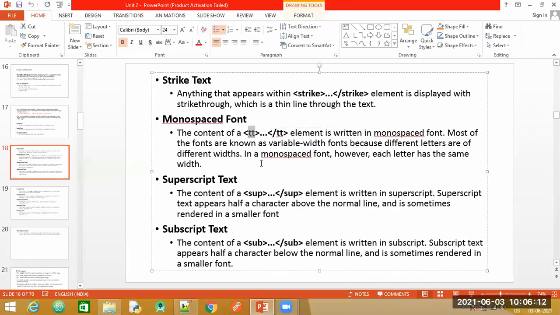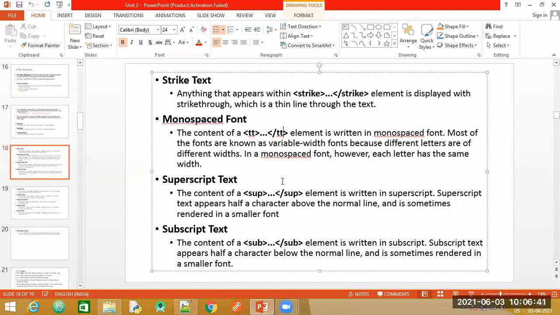Usually whenever any font, the default font, is displayed, each of the letters has a different width. But when we make use of this TT tag and write a text inside it, the letters all will have the same width.